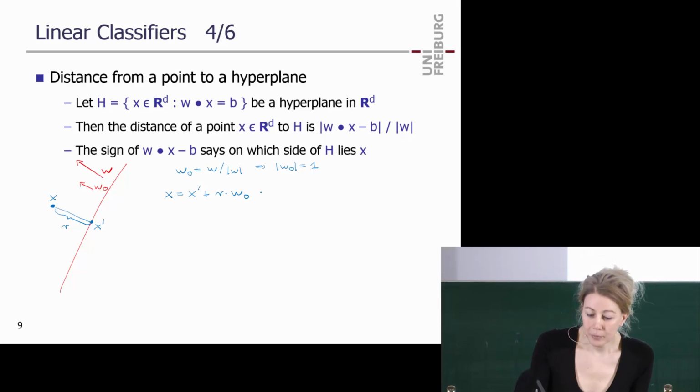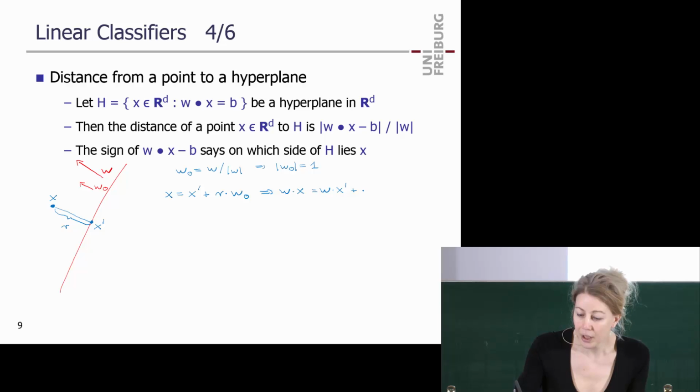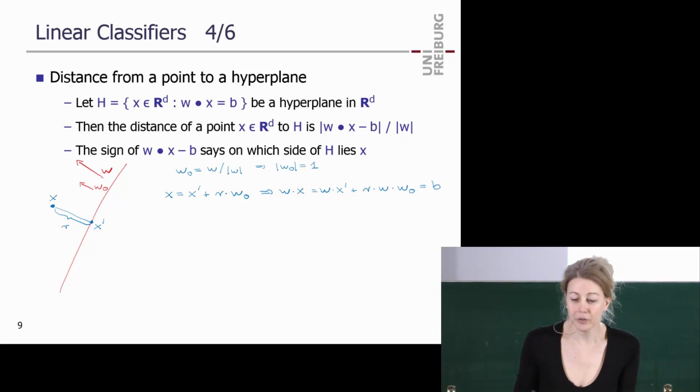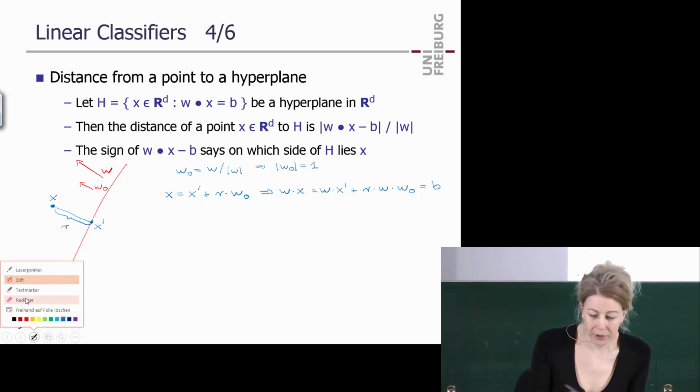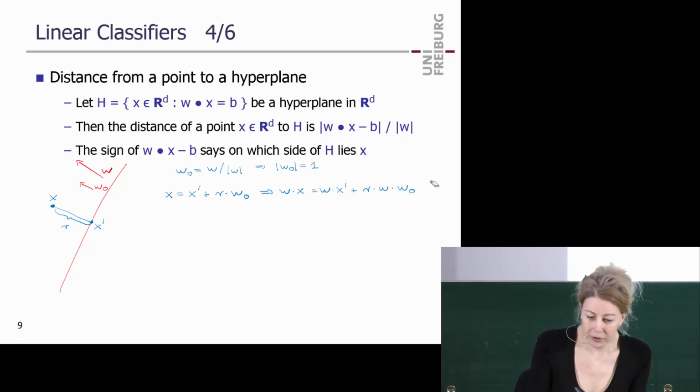So, because that is so, let me just multiply this with w now, which is, so this is w x prime plus r times w times w0. And this is b, right? Because it's on the... no, that's not b. That's wrong, I'm sorry. Let's...